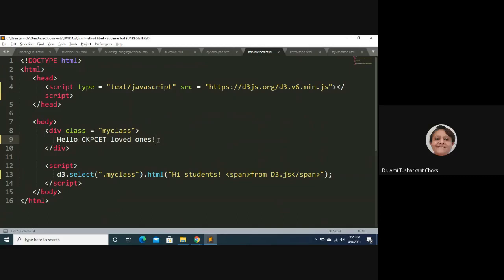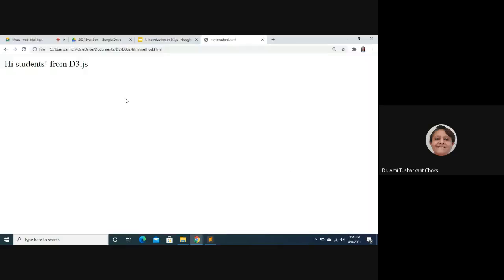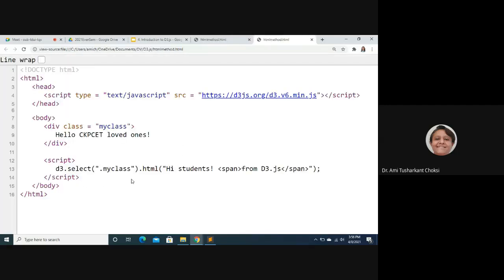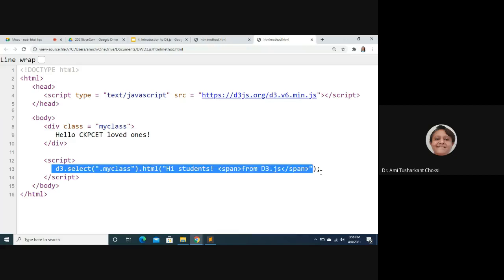It is being replaced with hi students, and this span is also being appended, right? That's what we are able to see. We can see the page source. Right click, view page source. So we can see that it shows the same code which we have written, right?